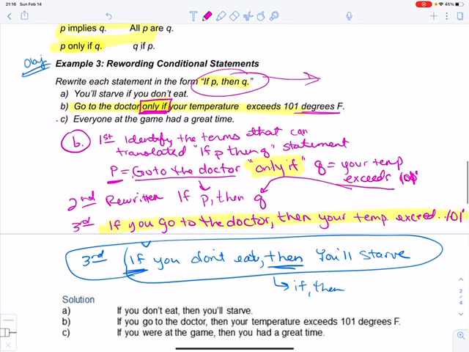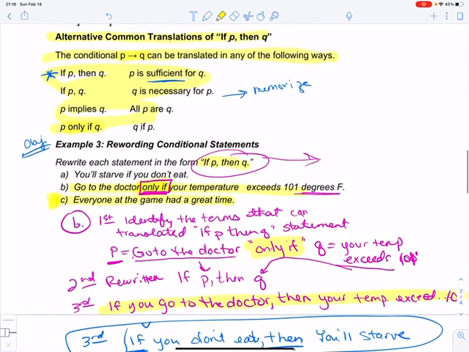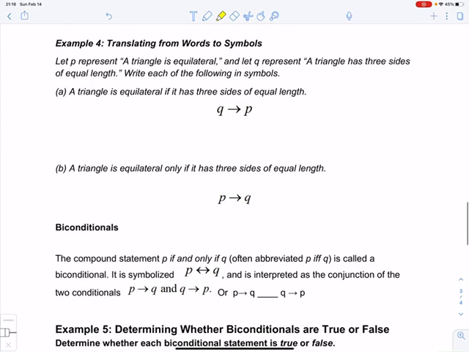See if you can do C before you look at the answer below. Some of you might have already seen it, so pause it right now, see if you can do C, and then the answer is below. All right, so our next one. Now we want to